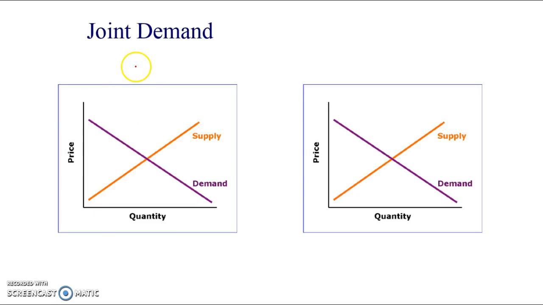So if we have this one here as chips in the market, it's quite hard to write this, and for some reason the supply of chips increases. Maybe there's been a subsidy added to potatoes or something like that. Now we can see in the market that that's causing a decrease in the equilibrium price, and we know that a decrease in the price of a complement or something that's in joint demand can cause an increase, drawn that in a funny way, in the market for the